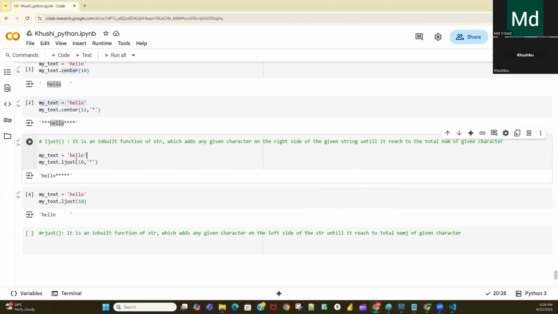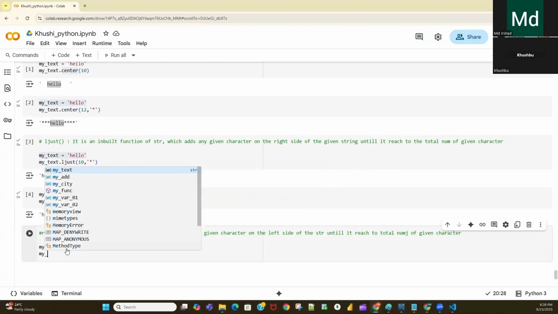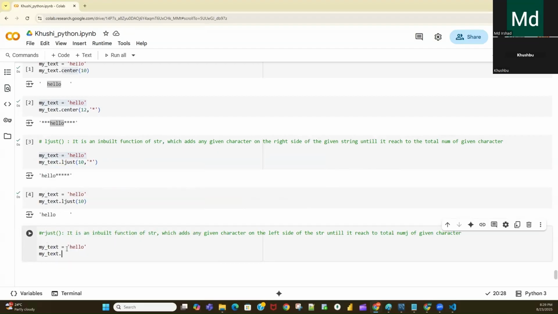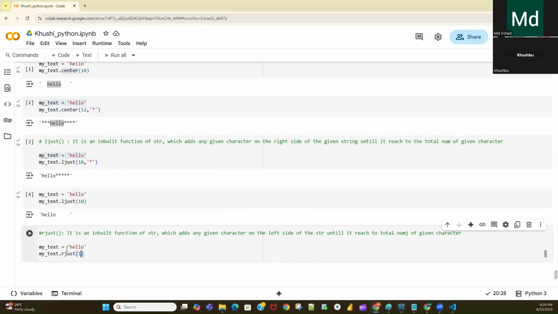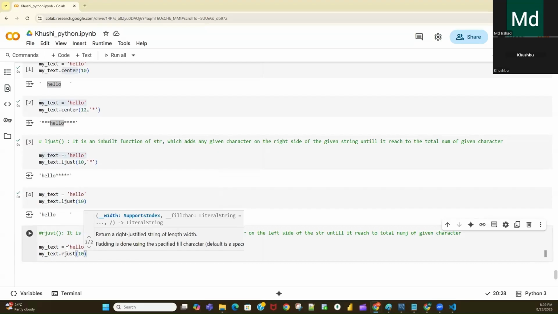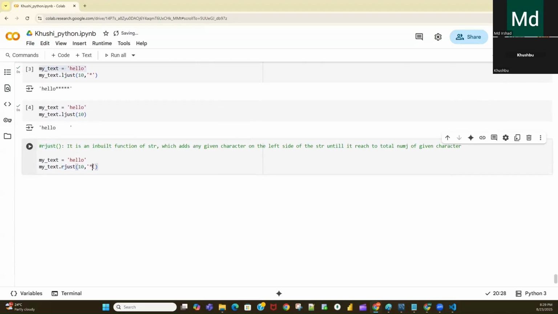So let me take the same example. Now here I will write my text dot RJust function, and here I will pass 10 comma asterisk sign. This time the RJust function will do the same thing, only it will add this asterisk sign to the left side.